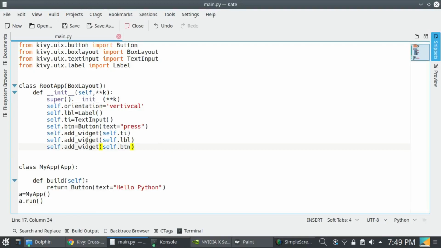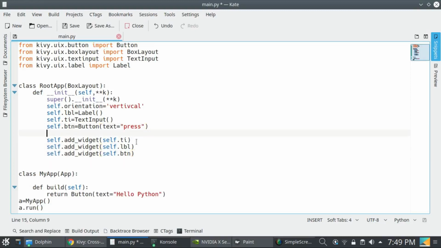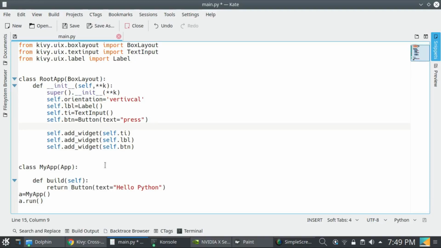Now I have added these three widgets into this box layout. The add_widget method is defined in the Widget class. As box layout is a child class of the Widget class, I can access this add_widget method.